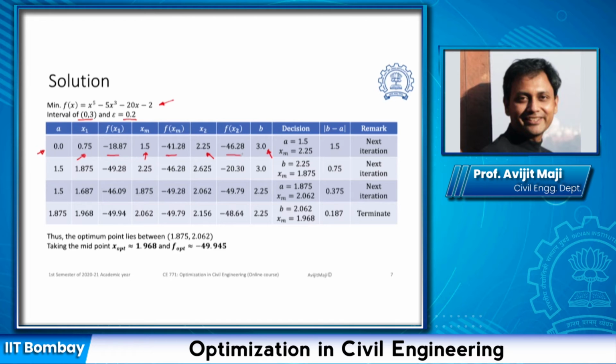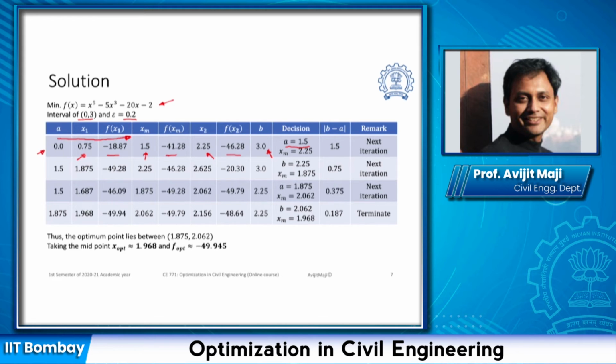When we compare these three locations, we can clearly see that the function value is lesser at the middle point as well as the second quarter point on the right hand side of the middle point. So we can clearly say that the region from the lower boundary to the middle point is not going to have the optimum solution. So we can eliminate that, and hence my new lower boundary is going to be